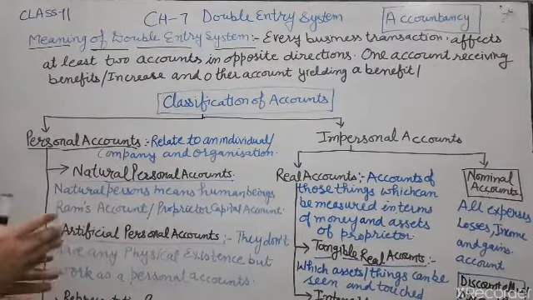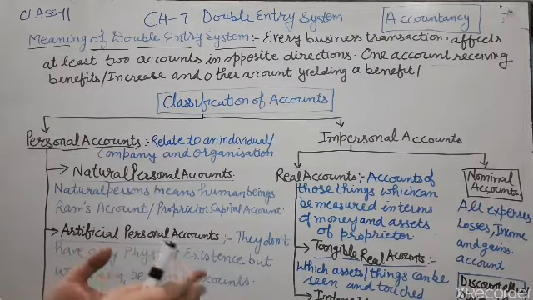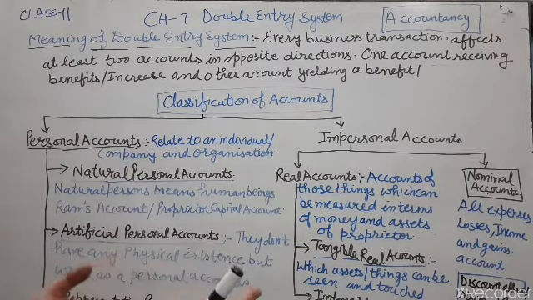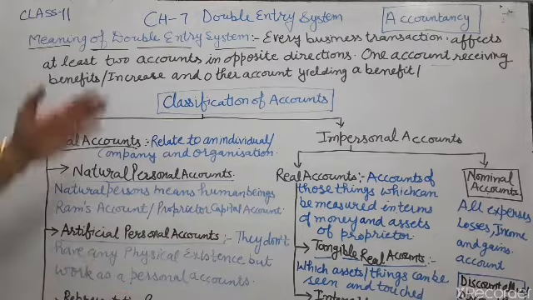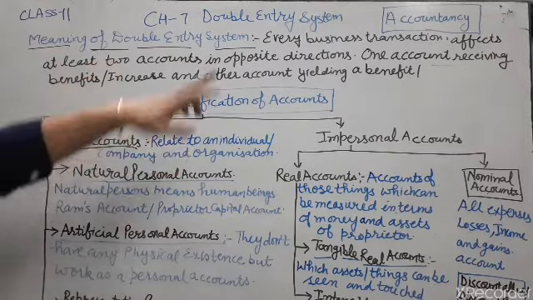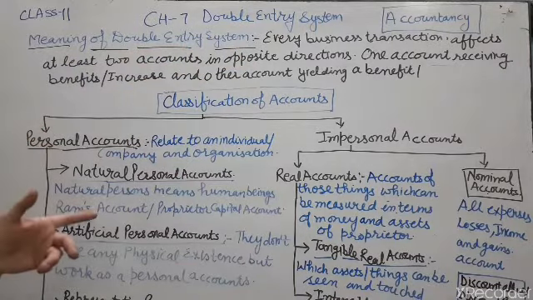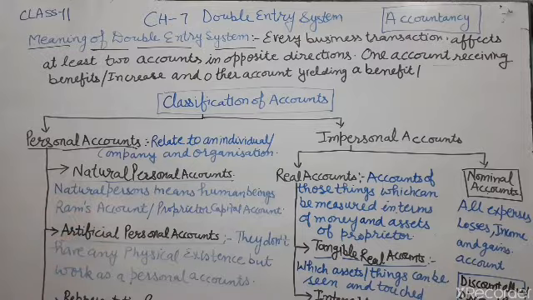In the last video you studied the rules of debit and credit of accounts by the American approach or modern approach, and today I will discuss the rules of debit and credit according to the double entry system, or English approach, or traditional approach. So first of all, I want to explain the meaning of double entry system.